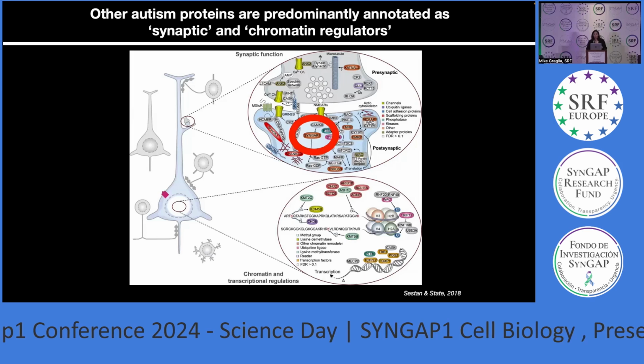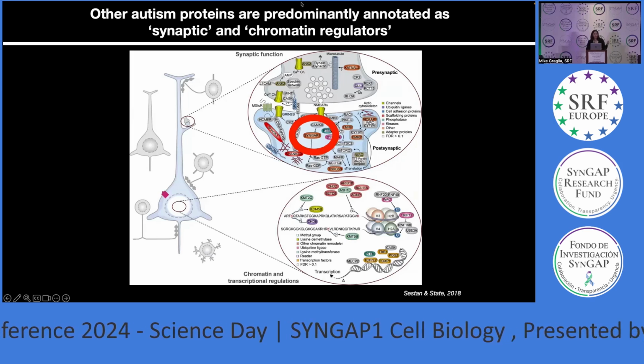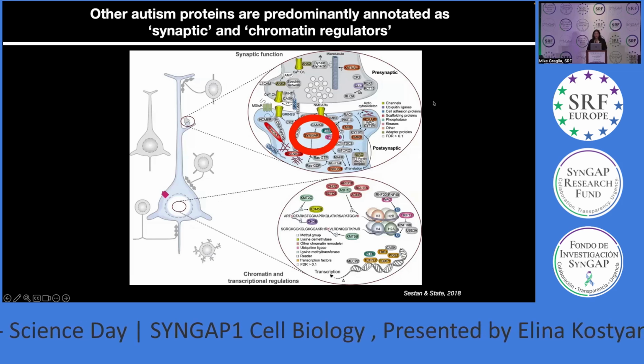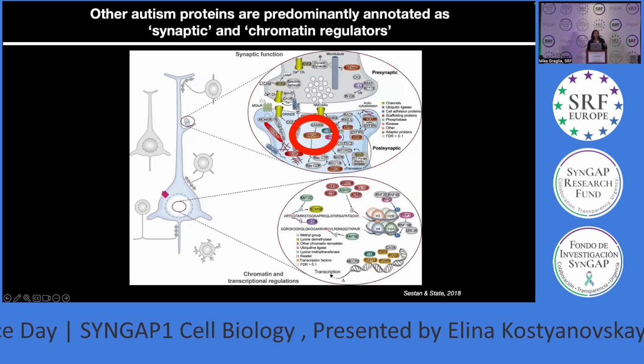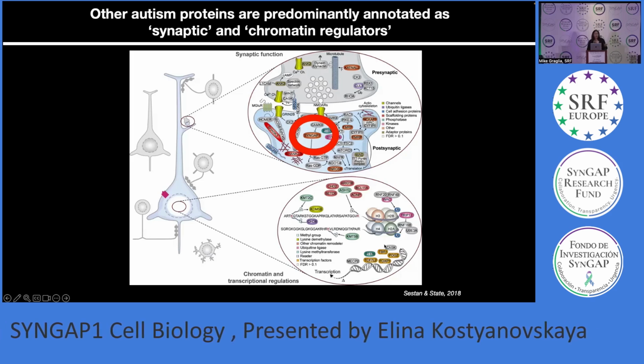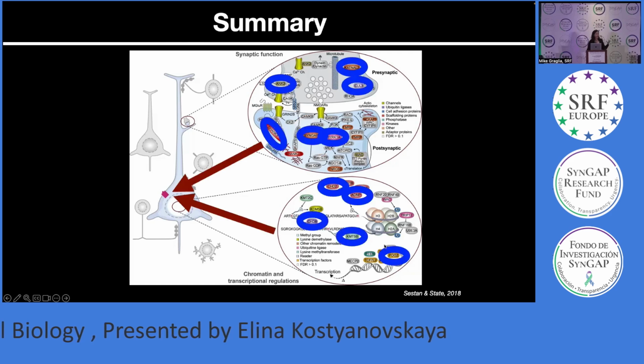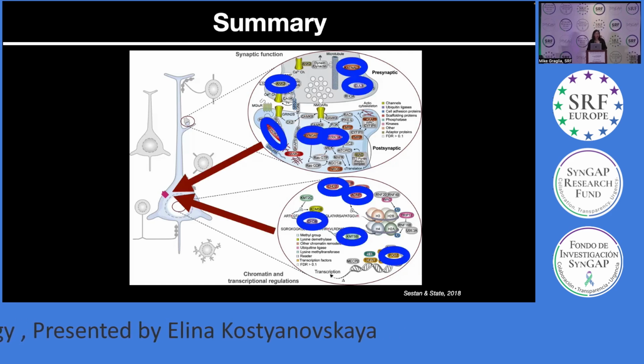And so, as I alluded to at the beginning of the talk, SYNGAP1 is one of many autism proteins that are annotated as proteins involved in neuronal communication. And there are two main functional annotations for autism proteins. One is in neuronal communication and one is in gene expression regulation. And we don't think that this role of autism proteins at the cilium is specific to SYNGAP1. We think it's actually a bunch of different autism proteins, and that is where autism genetics converges. And in fact, we do see that if you look at all the other autism proteins, many of them localize to and function at the cilium. And so this finding extends beyond SYNGAP1 into autism proteins more broadly.